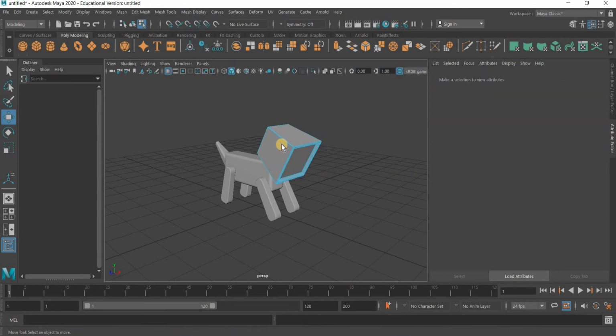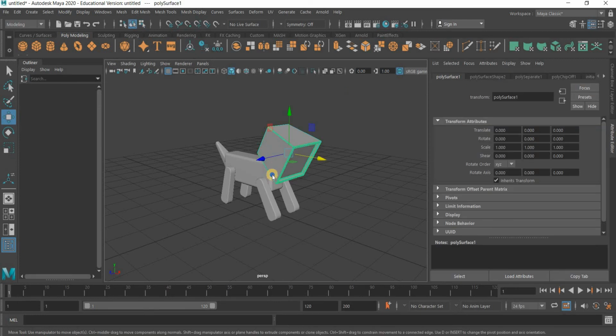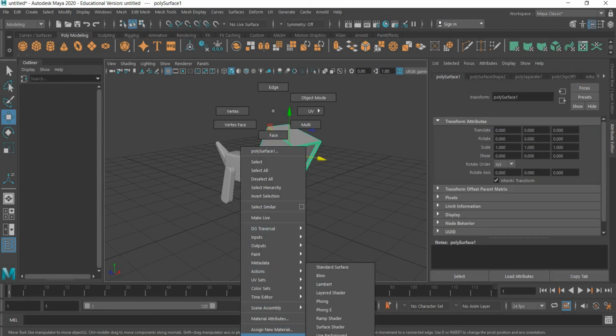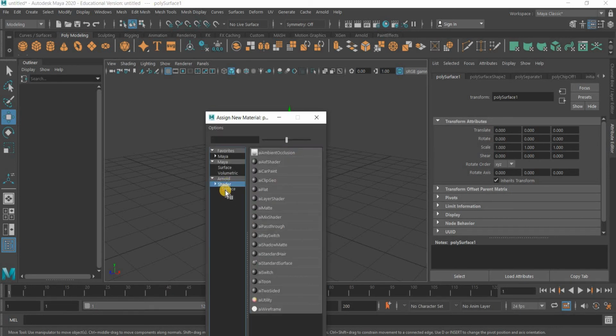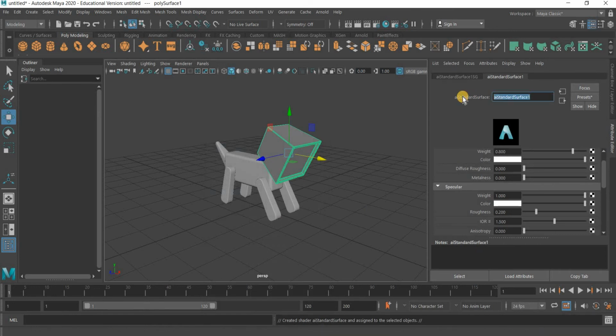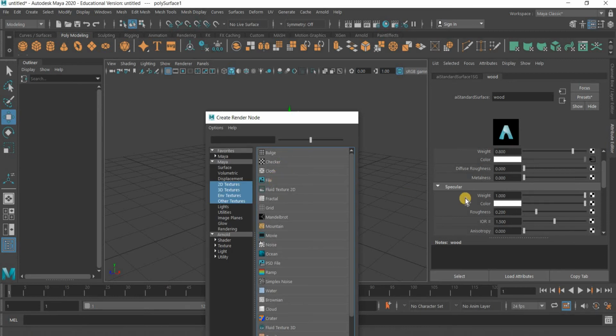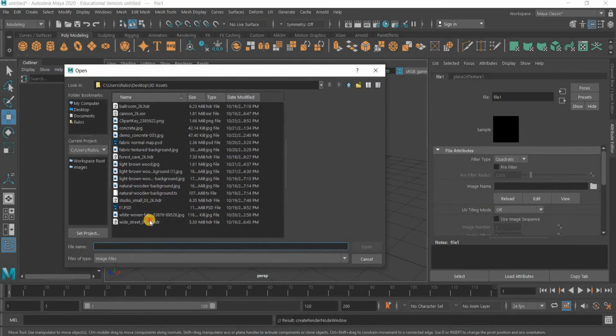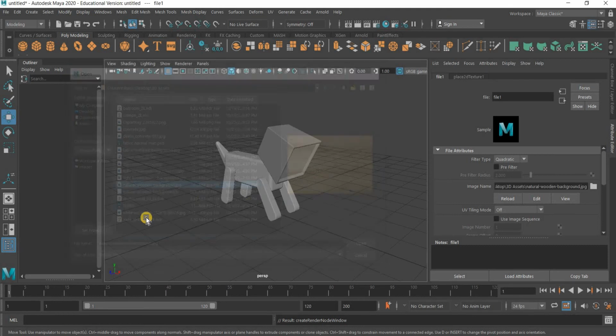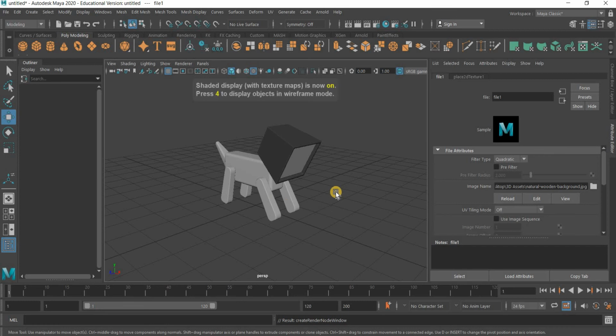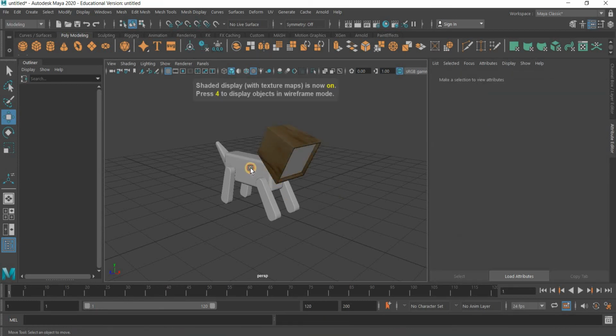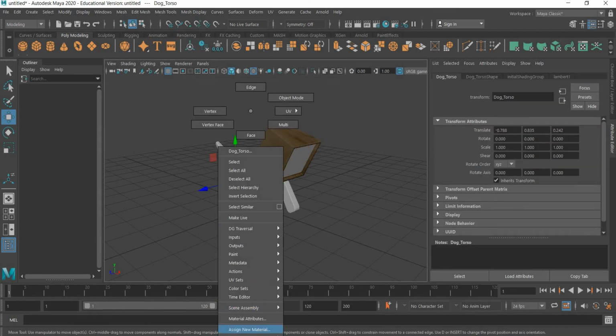Alright, so now this object, assign new material. We'll go to Arnold shader and standard surface. Okay, so name it wood. We need to find a wood material. So go to file, and I have some wood material saved here. Okay, like this one, the 6 key on the keyboard. So you see the material, and then I'm going to assign the same material